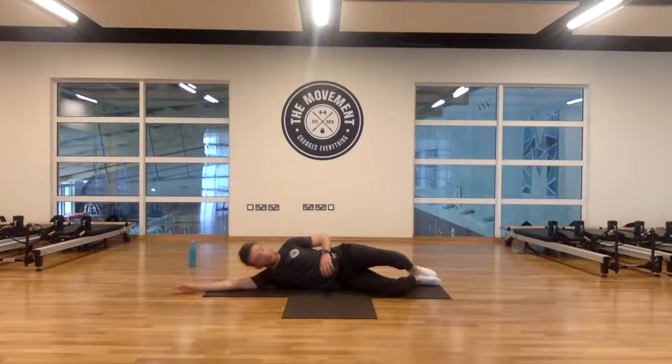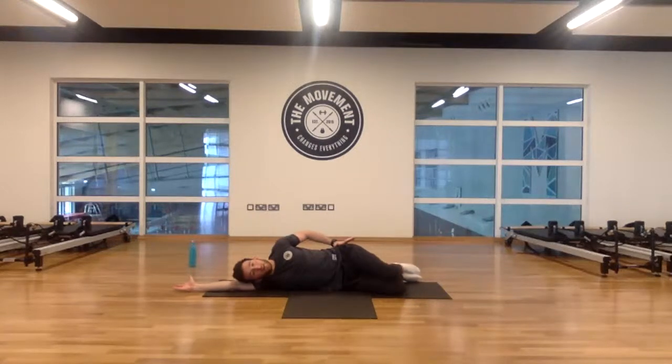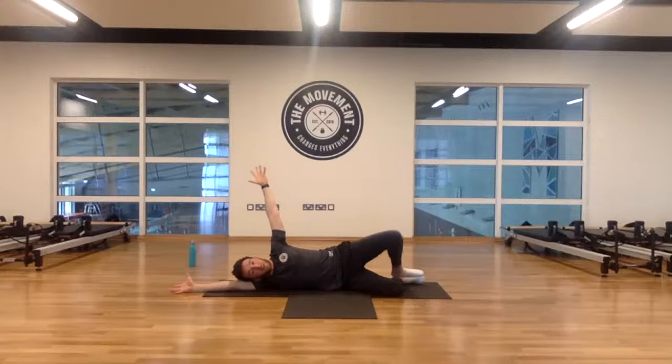I'm rolling onto my right side this time. Okay. Stack the hips, stack the shoulders, stack the knees. Make sure your heel bones are in line with your spine. Okay, and to start off, bring that top arm up overhead. Feet are stacked, knees are stacked, and then start off by just lifting that top knee off the bottom knee. Once more, if you want to bring that index finger onto your hip as a point of contact,